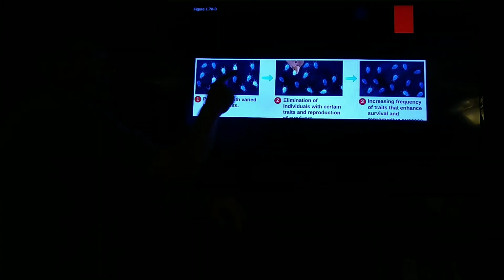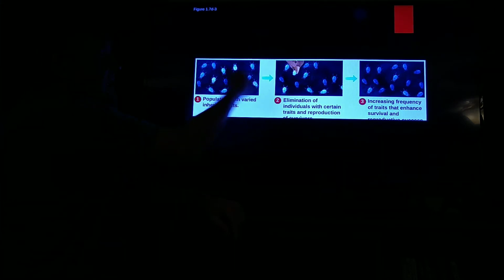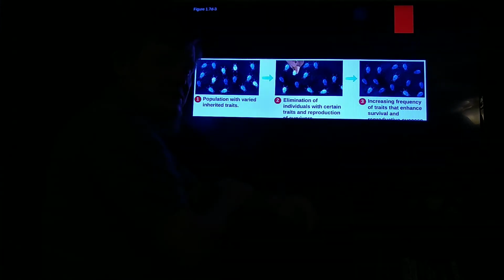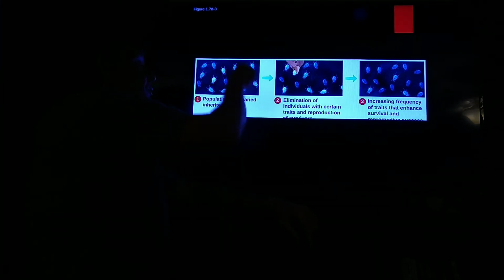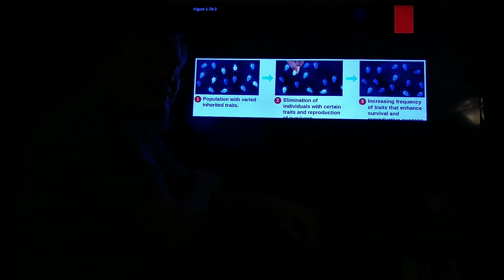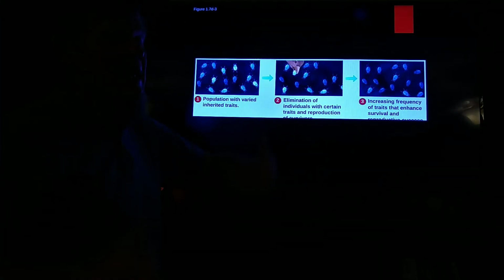Here we see a bunch of bugs. Remember, we said that life requires variation. The bugs have a range of colors. Some are really pale, some are really dark, some are in between. Natural selection. A bird sees these bugs. Which ones are going to be the easiest bugs for the bird to see? The light ones. So the bird is going to eat the light ones because they're the easiest to find. If I have reduced the percentage of pale bug genes in the population, that is evolution.